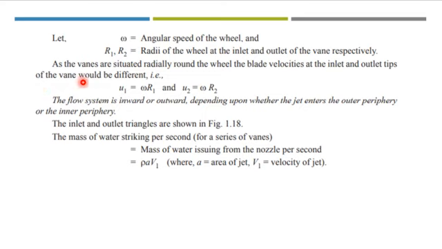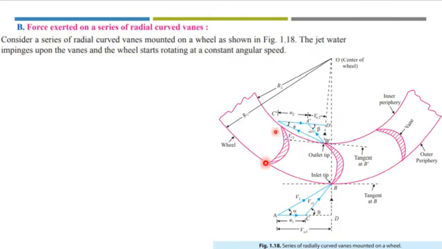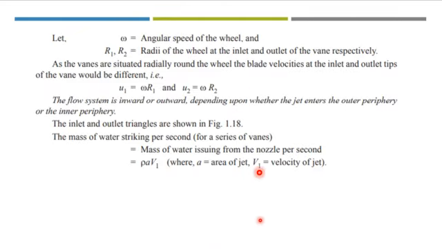Now omega is the angular speed of the wheel, and R1 and R2 are the radii of the wheel at inlet and outlet of the vane respectively. As the vanes are situated radially around the wheel, the blade velocities at the inlet and outlet tips of the vane would be different in this case, and U1 will be equal to omega R1